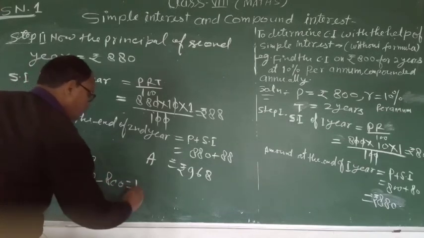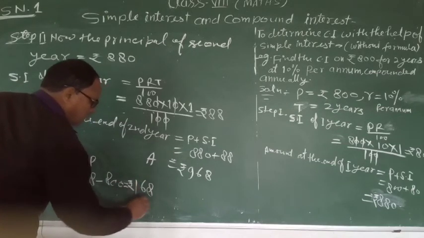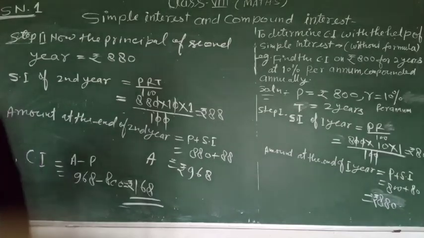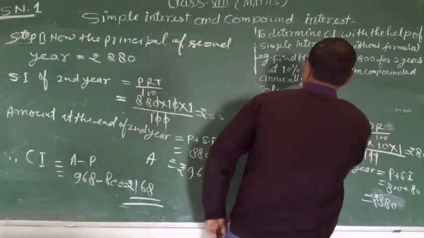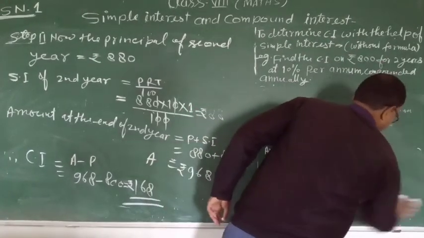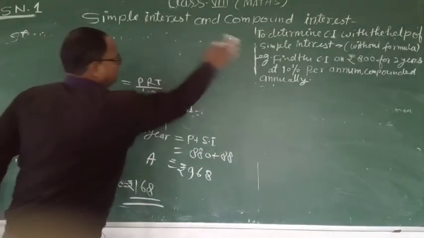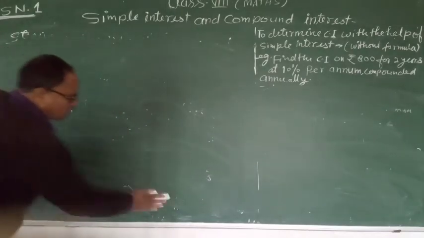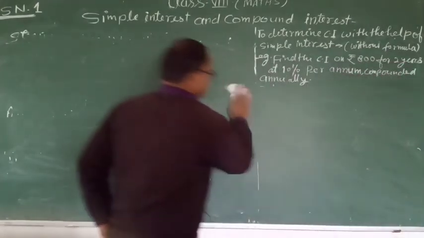We get here 168 rupees. 168 rupees is the compound interest. Okay, and after this I will solve it by formula. This is solved without formula, but after we solve it by formula. Okay, here